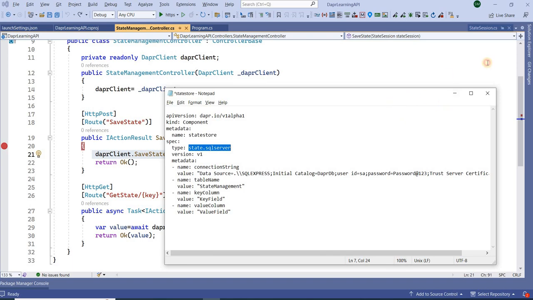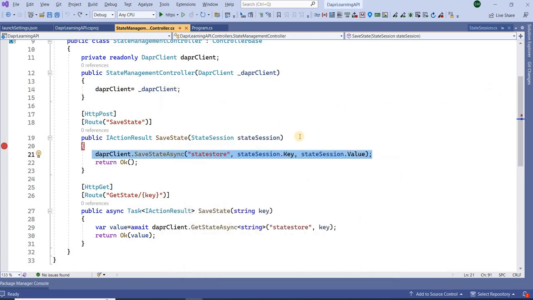And when I execute the code, I have no need to make any changes inside my C# code here. So it will automatically redirect from Redis to SQL Server, and it will save my state inside SQL Server. That is one of the powerful features of dapr: it removes the dependencies.